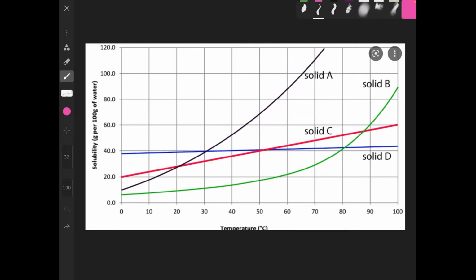Here we have another complex graph of solubility. Here each solid has a different shape of graph. Solid D has almost a straight graph, solid A has more of a curve, and solid B has the most curve. From this curve we can see how much solid can be dissolved per 100 gram of water. For solid A at 30 degrees Celsius,